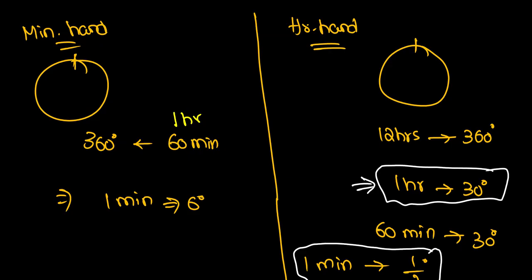Why do we consider only one parameter in the minute hand? You should have the answer for that, right? So